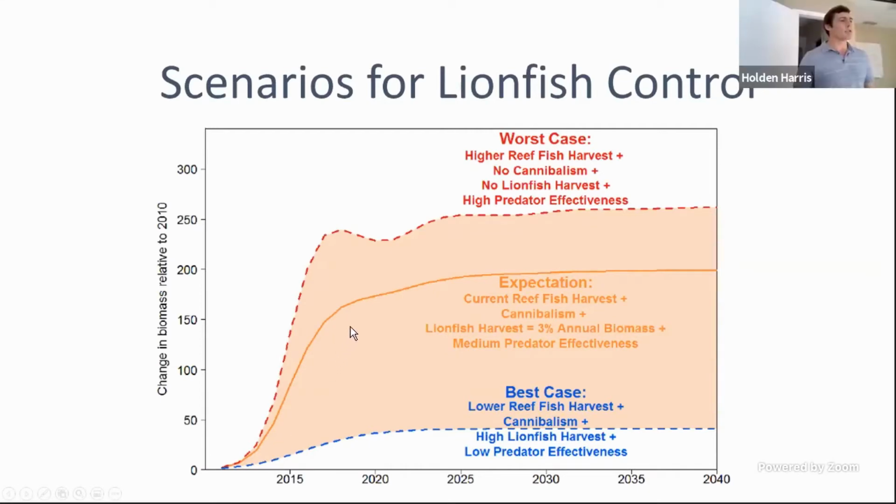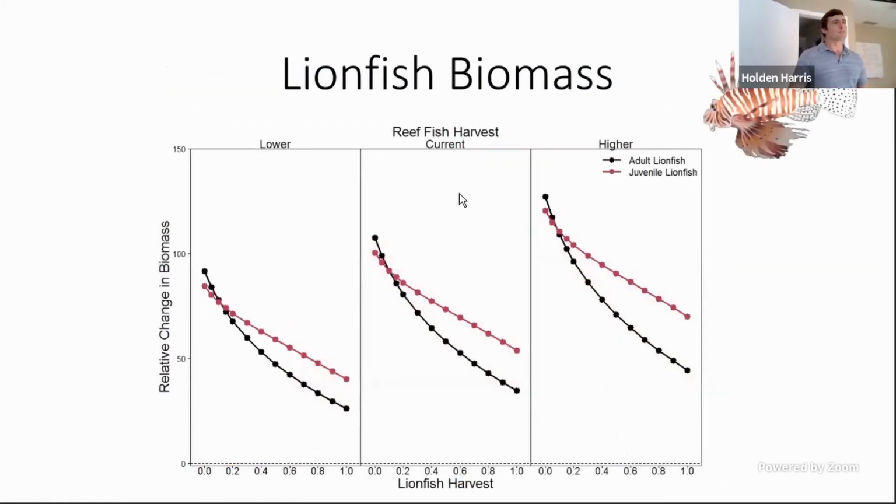I can't really go too far into the results, but what's really interesting is we can look at the different trajectories of the lionfish invasion. This shows the change in the lionfish invasion, which is of course that explosion or eruption, but we could toggle these knobs in worst-case and best-case scenarios, changing some of the vulnerability parameters. This is represented by high predator effectiveness. And then we also looked at management scenarios of lionfish harvest and reef fish harvest, and also whether or not lionfish exhibited cannibalism, which now we have pretty good evidence that they do.